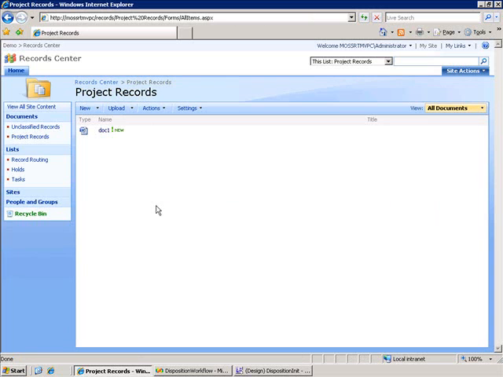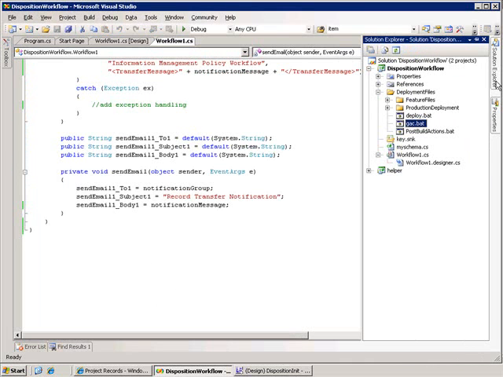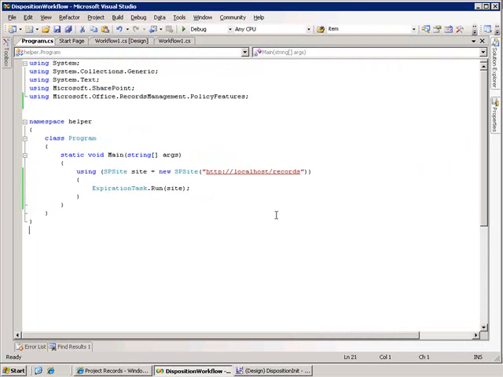Now I've got two choices. I could either wait for the expiration policy job to run, and that'll run sometime in the middle of the night, or I can go ahead and try to initiate that myself. So what I've got set up is a helper application that I can use, which will go ahead and do the expiration for me. So inside of my helper project, all I'm doing is calling this ExpirationTasks.Run method and passing in the site in which I want to run all my expiration tasks. So what this will do is process all of the items in my site, and I'm passing in the Record Center site, that are expired. So if we go ahead and run this,